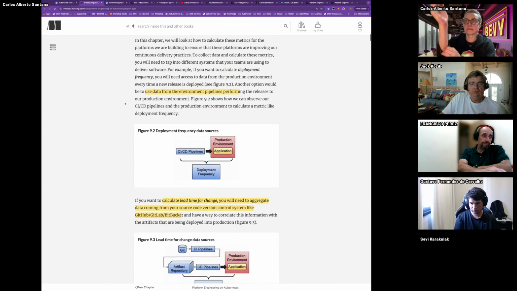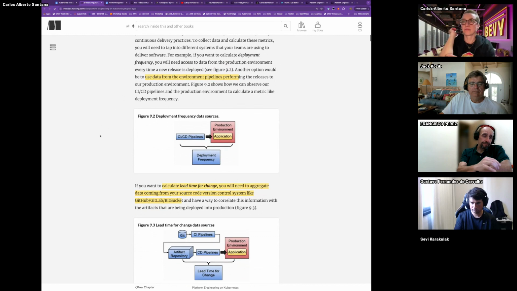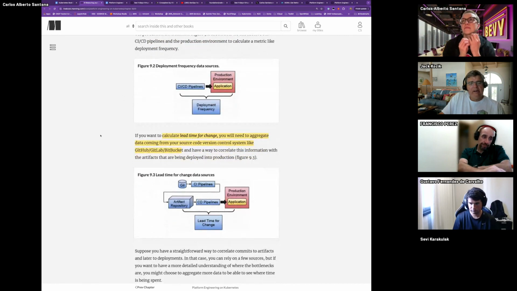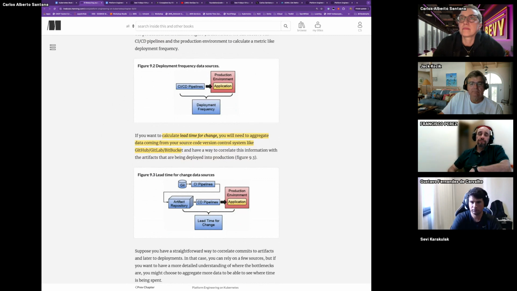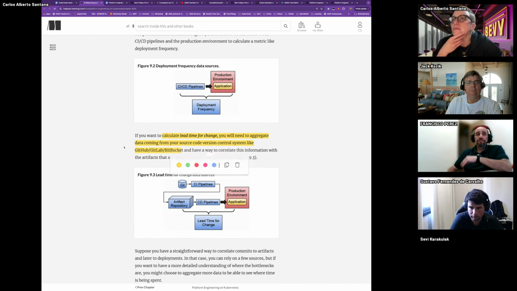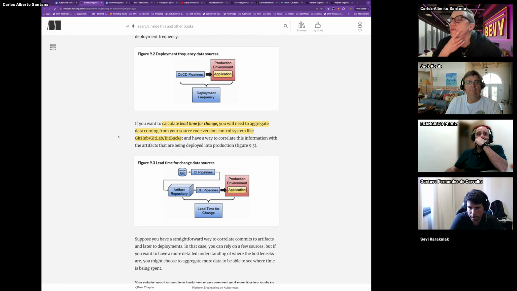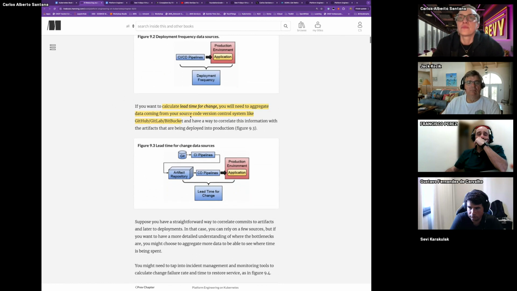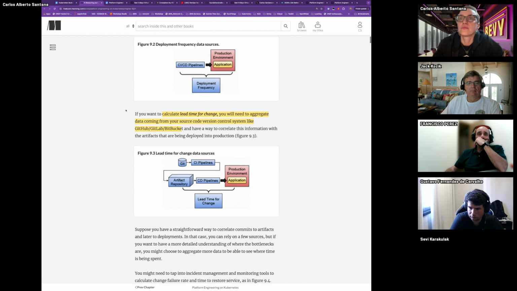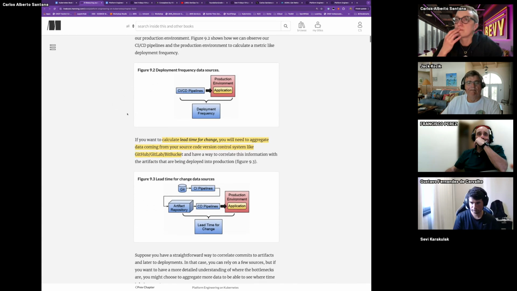So he goes over capturing the metrics. The deployment frequency is something that you can capture in a deployment environment. He talks about Keptn, which does it that way, or you can measure it on the CI/CD pipeline. When the CI/CD pipeline deploys, you can capture an event, or put a timestamp, or count the number of deployments, so you can know how often you're deploying.